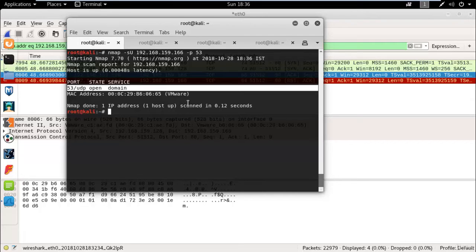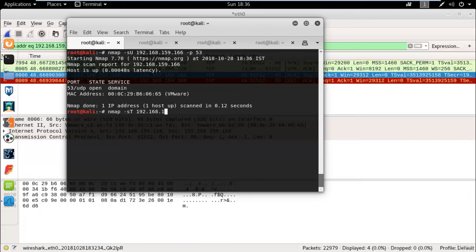So now let me check all the ports using -sT and define the target device information like the IP address, and use -p- for all port scanning. It will scan all the ports of 166. It will take a few seconds or a few minutes.